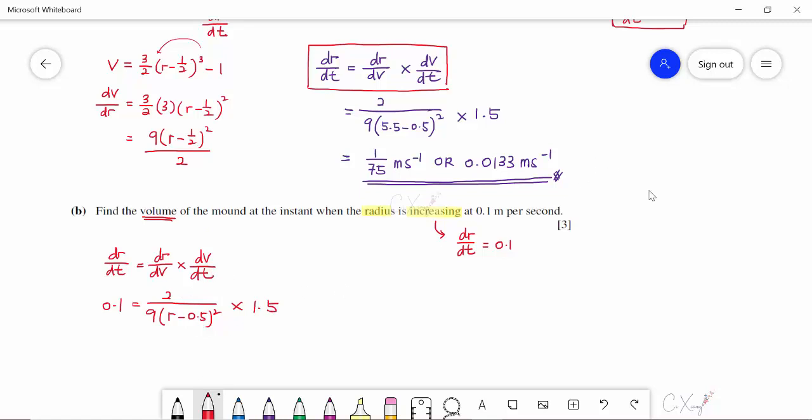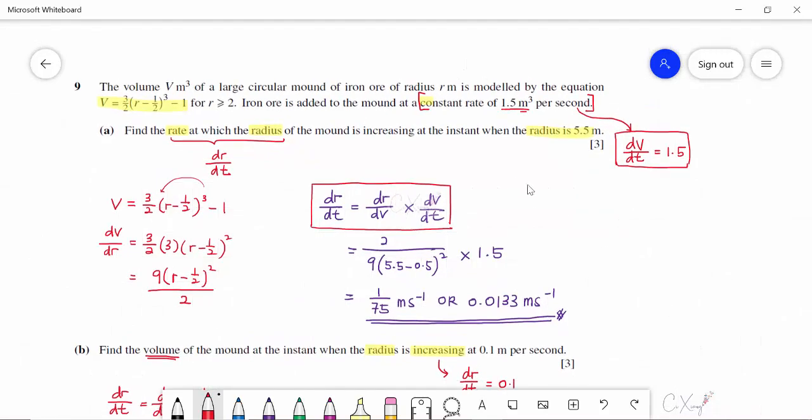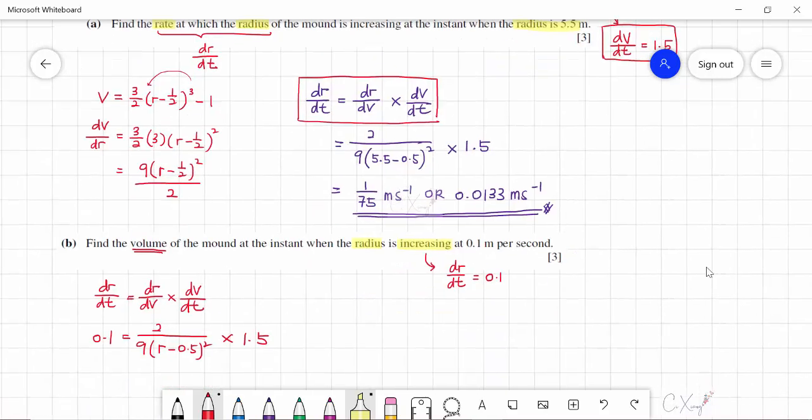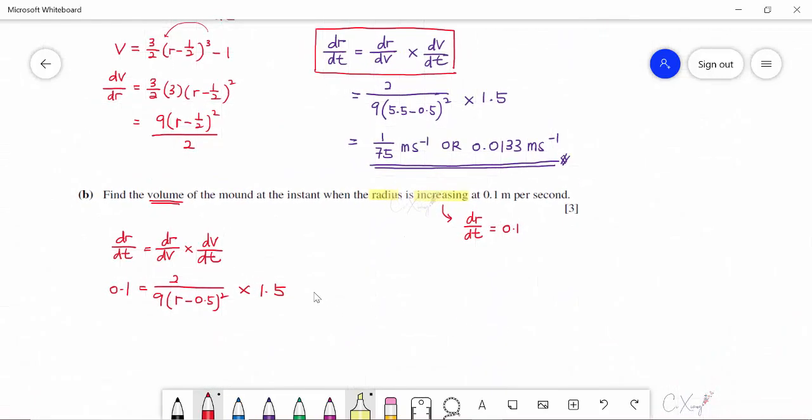Why is it still 1.5? If you look at the question given on top, they are talking about the constant rate. That means dv over dt is constant always. So it is always 1.5 and it will not change. Therefore, when you come to part B, this value is still 1.5. Now we try to rephrase everything here